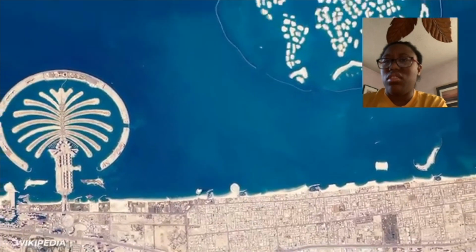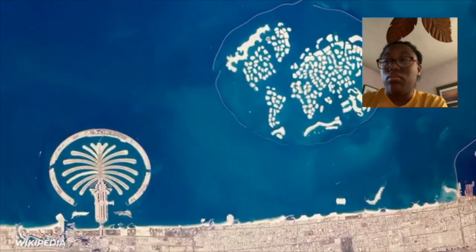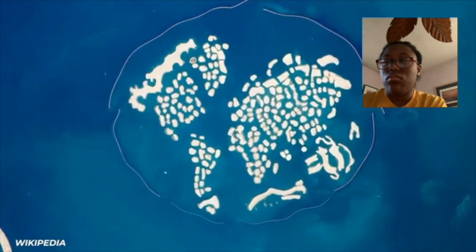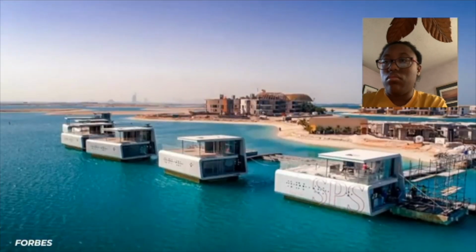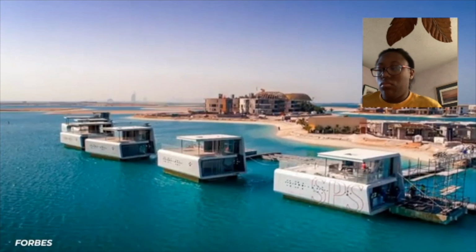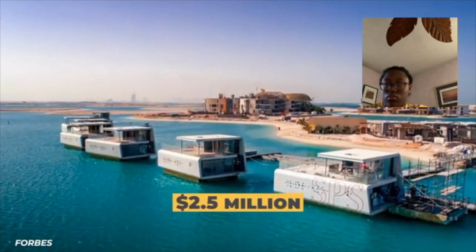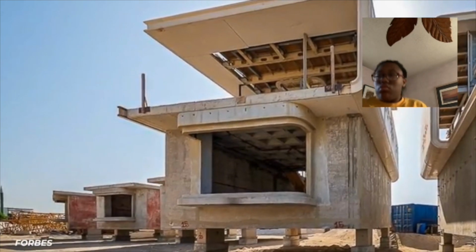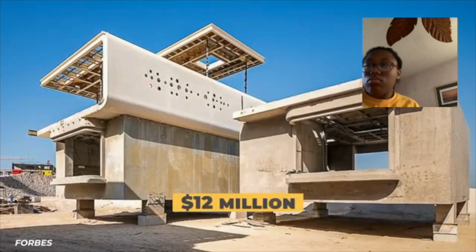Aside from the regular mainland Dubai accommodations, they also have a man-made feature known as the World, a series of islands shaped like the continents. In the European part, dubbed the Heart of Europe, lies the first floating Seahorse home that changed hands for $2.5 million. Designed for Kleindienst Group, which feels like they can do better, and has begun work on their $12 million